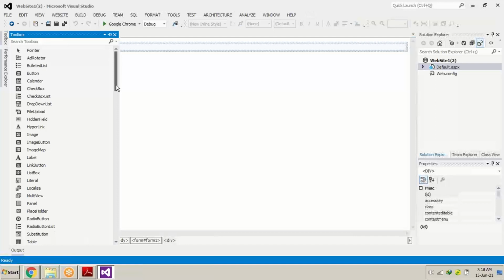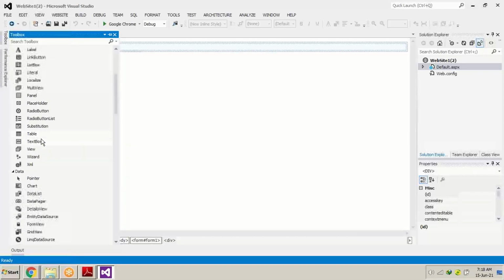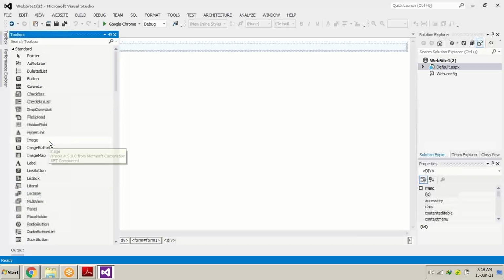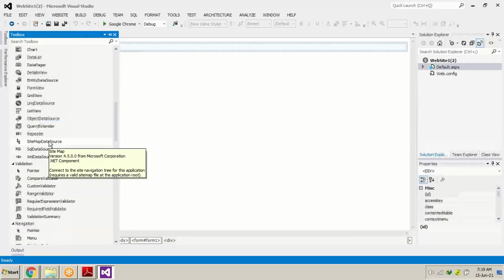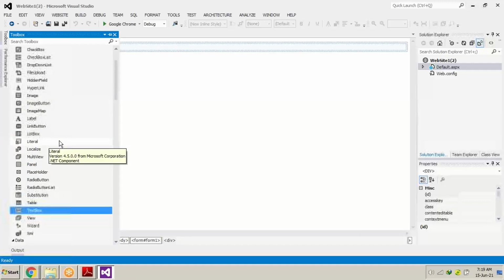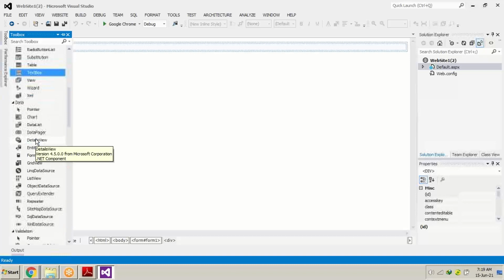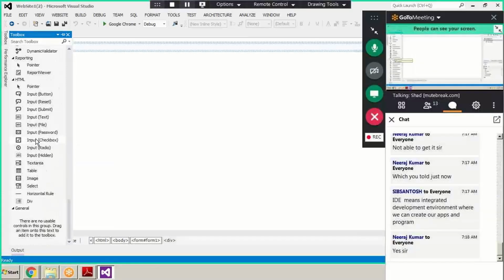I just showed you the entire scenario, how this thing has been made. The button which we can use, we can see over here. This is the button which we use in our web application. The text box in which we write our user ID and password, you can find over here. So basically the entire set of tools to make an online application which will run on a web browser, you can find from the toolbar. Just drag and drop. How to design it, I'm going to discuss in our future sessions. So this is just to show you how these tools are laid out.